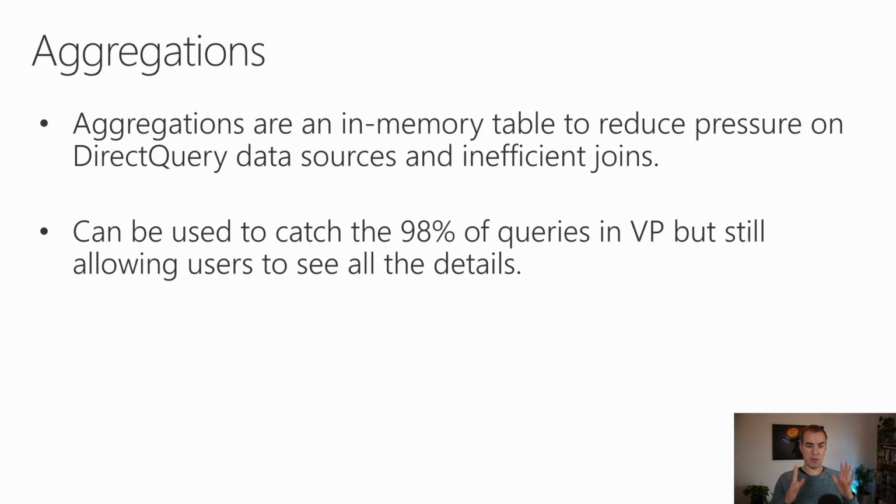Aggregations are an in-memory table to reduce pressure on the DirectQuery data source and inefficient joins. It can be used to catch 98% of queries in VertiPack, but still allow users to see all the details. So imagine the scenario that I was showing you before,